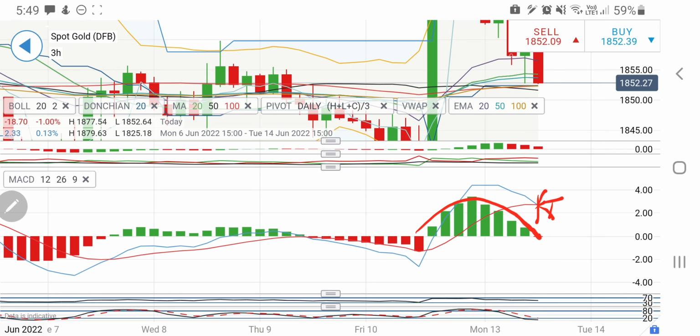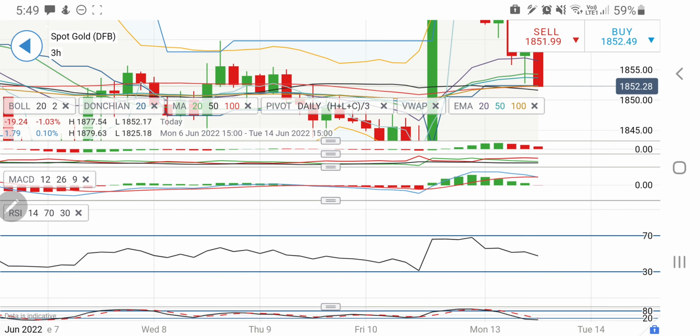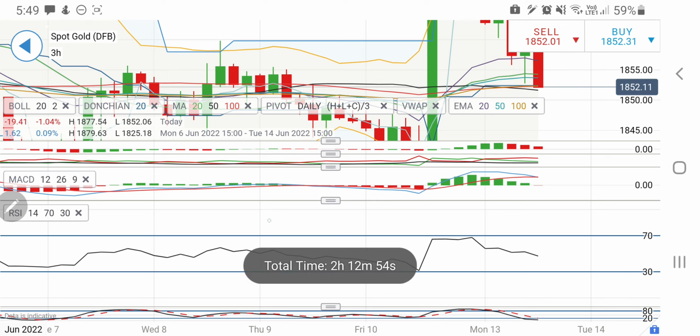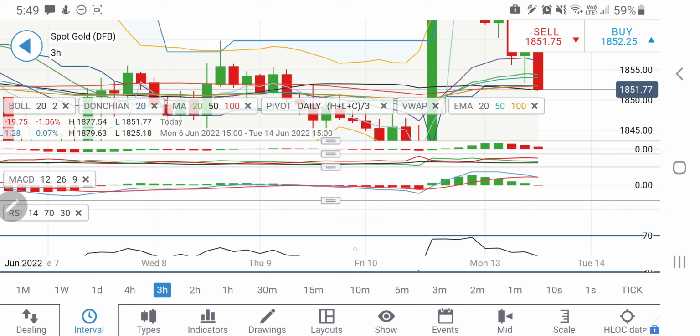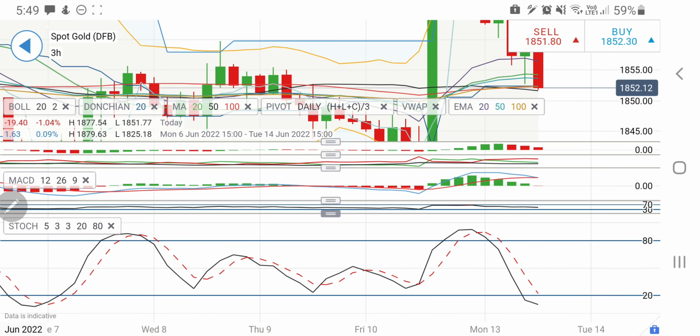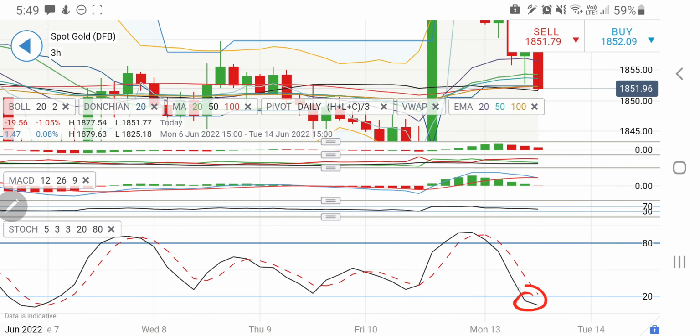Once it trades into a sell off, we may see a sharper drop in gold, and possibly once it drops below 1850, we can expect the 1847, 1845 zone. RSI is trading downwards there, sloping downwards. And if you look at the stochastic on the 3 hour charts, it is oversold, so be watchful of this too.